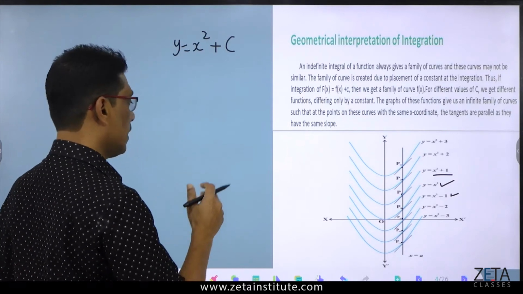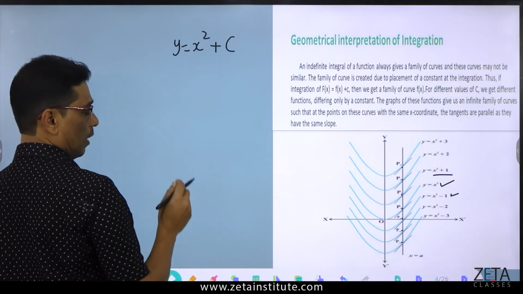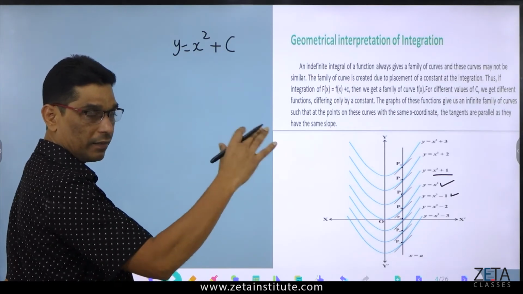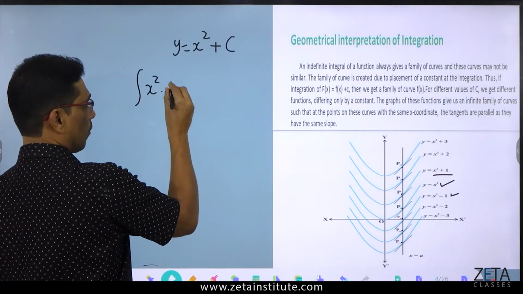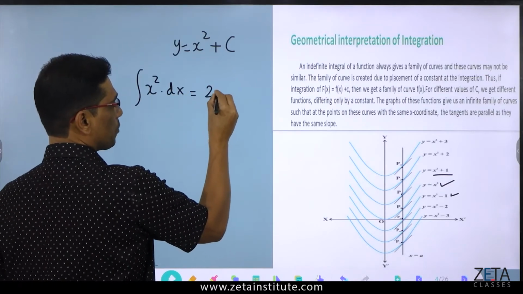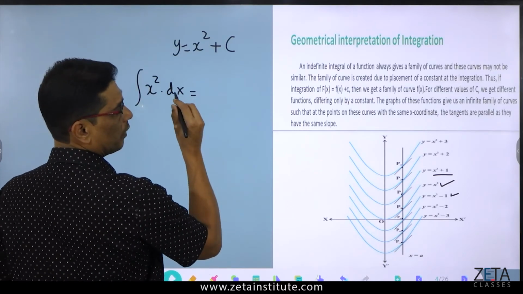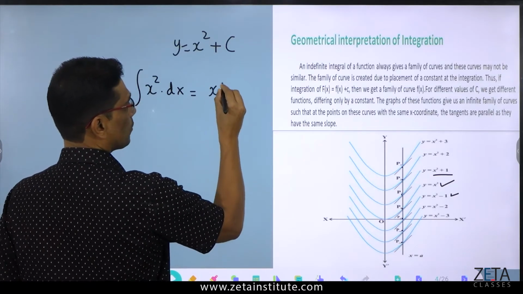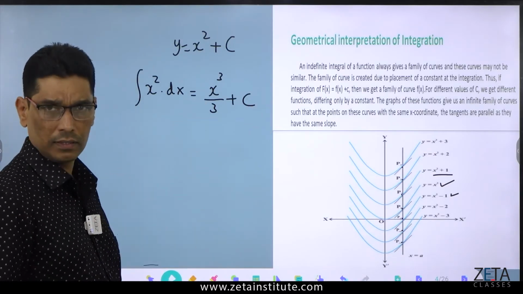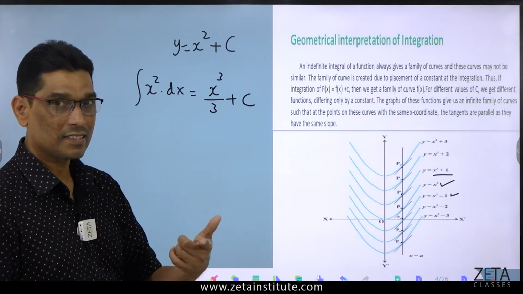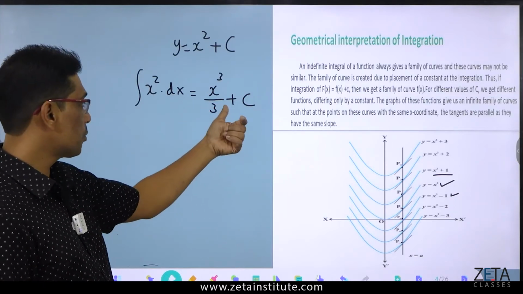So to find the integration of something, last time we discussed the differentiation of 2x minus 1. If you are taking the integration of the function 2x, we have to write x square plus c. If you are taking the function x square, what will we get? x cube by 3, plus c will be added. Why it is x cube, we will discuss in the next slide. Okay, so the integral of x square dx is equal to x cube by 3 plus c. So c will be added.